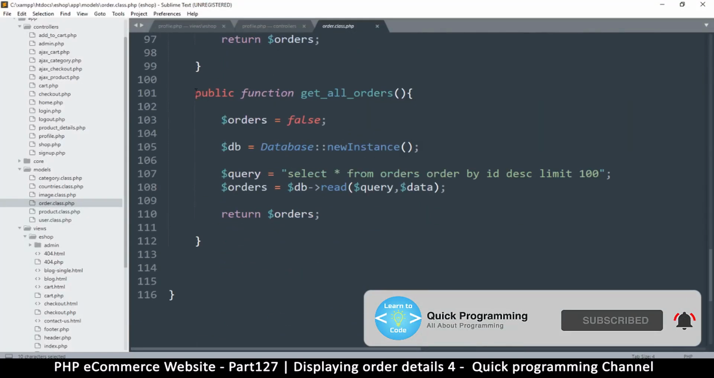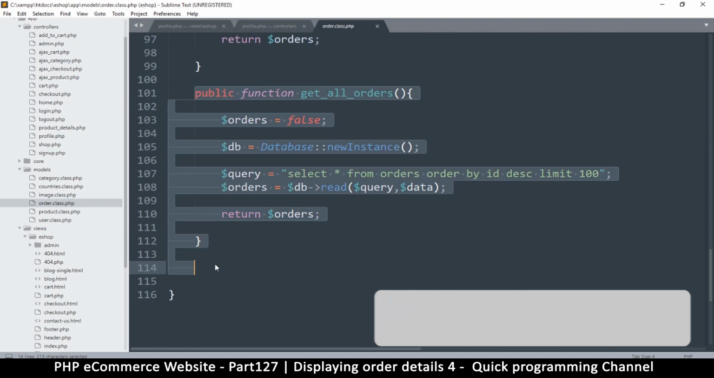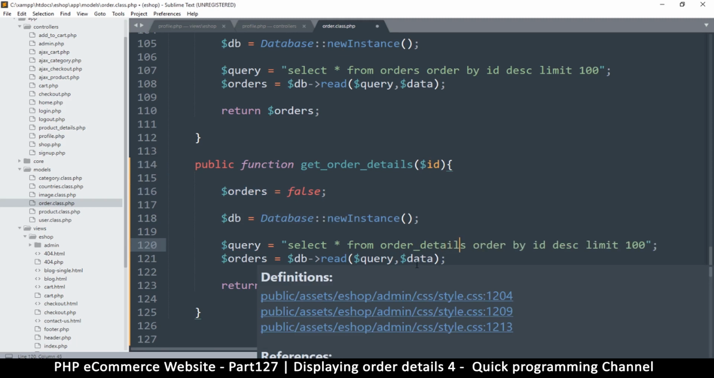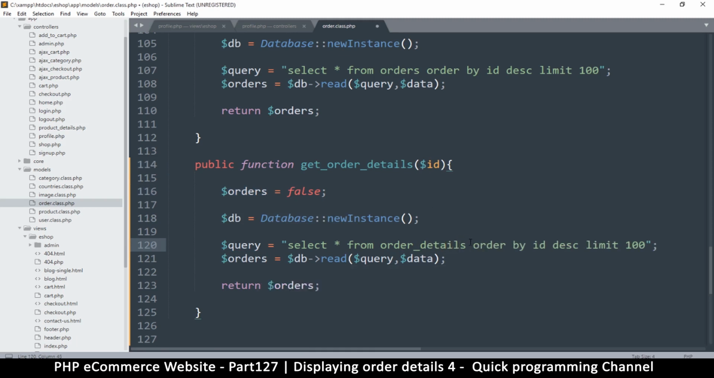So what I will do here is duplicate this one right here. Okay, and then I'm going to paste get order details, and there should be an ID there. My shift key doesn't seem to be working well. All right, so get order details with an ID. So instead of orders here, I'm going to change that. It's going to be order details, where order